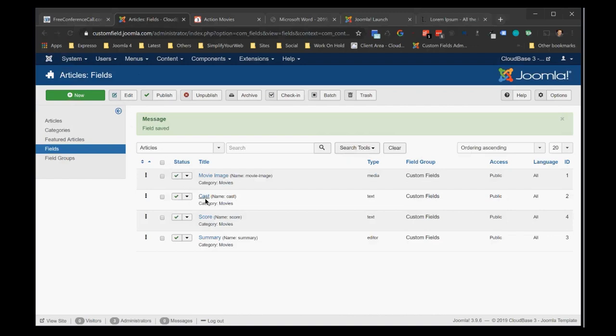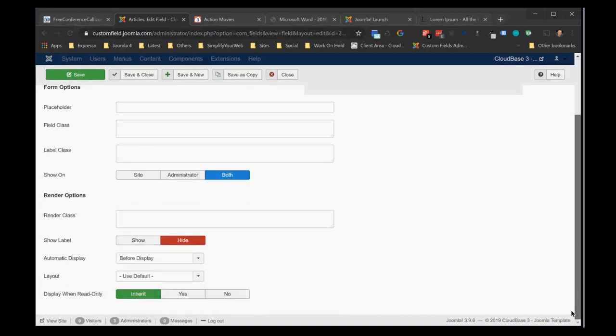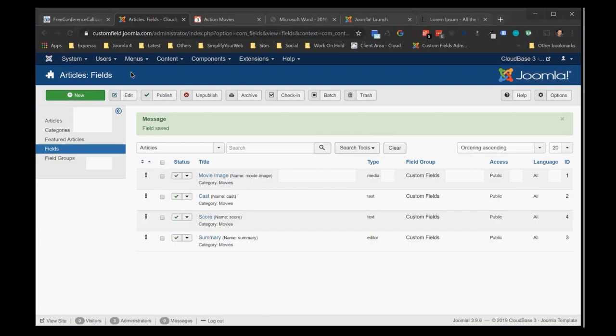The other one that I did was for cast. I also hid that label, so I set that to hide. So it just had, you know, the people in there. That's up to you on how you want to display the content. And if we go over to page 12,